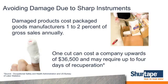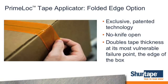Once the product is damaged, it's often returned as unsellable, and as mentioned earlier, the costs associated with just one cut or laceration are astronomical. On average, the Occupational Safety and Health Administration suggests one cut or laceration can cost a company upwards of $36,500, while the U.S. Bureau of Labor Statistics suggests these types of workplace injuries may require up to 4 days to recuperate. To minimize the damage and danger associated with knife cuts, SureTape now offers the Prime Lock Tape Applicator, which